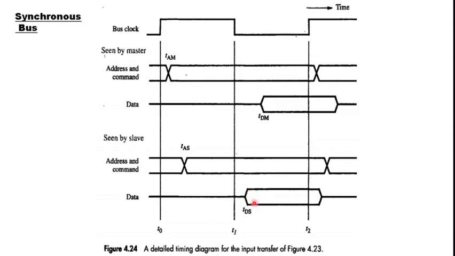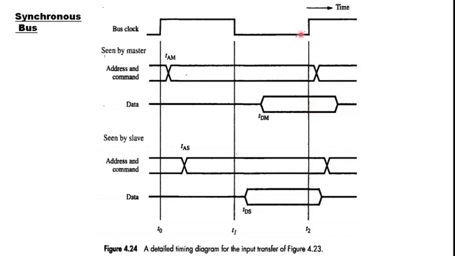So this is from the slave's perspective, but when we go and see the master's perspective, data is seen by the master only at time TDM, which is greater than TDS. Okay, so the master sees the data put by the slave only after a significant delay. But again by T2 the master recognizes or stops the data generated by the slave and the operation is